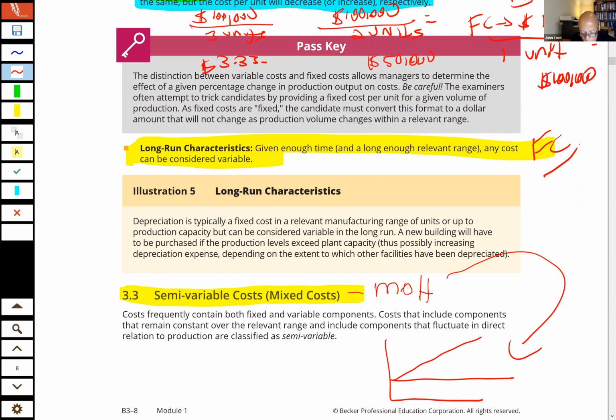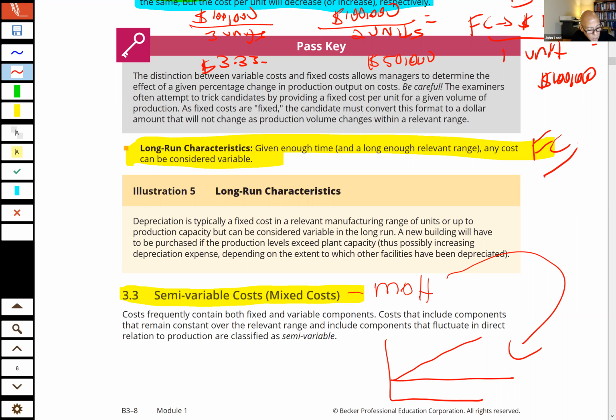For example, I'm saying that depreciation on the factory building, rent on the factory building, is a fixed cost. But if you produce so many units that you're going to meet or exceed the factory capacity, what are you going to do? You're going to have to add another factory. And so that rent or depreciation on the factory building is no longer fixed. Now it's become variable, right? So when we're talking in the relevant range, it's whatever we're producing in that one factory. You add another factory, now even a fixed cost like depreciation becomes variable.